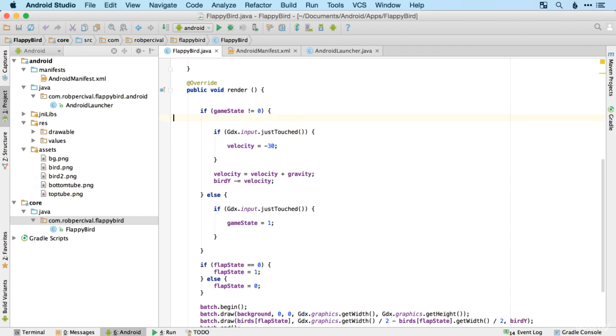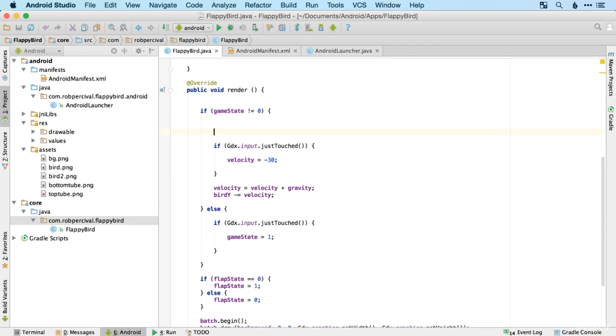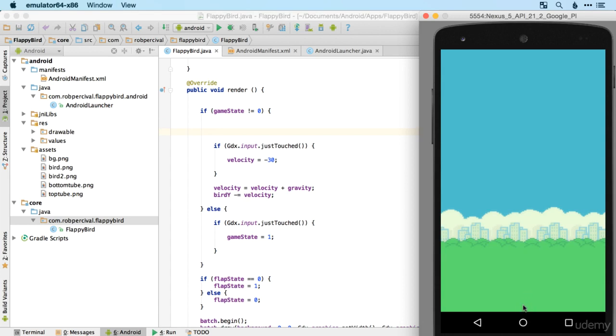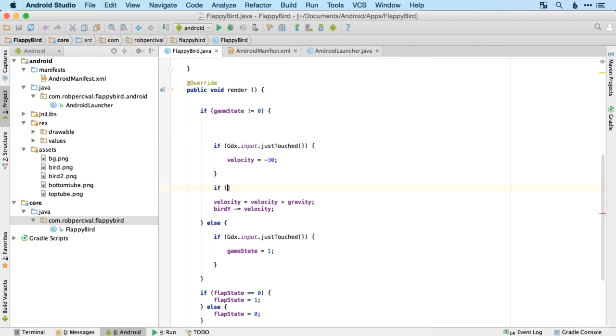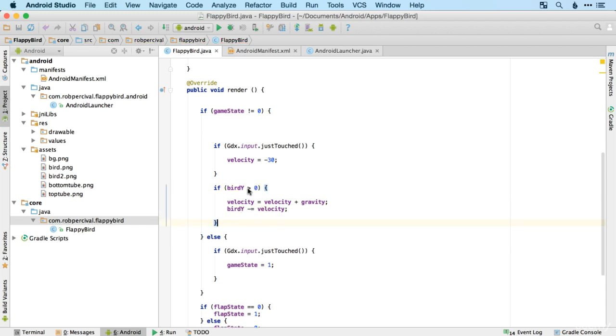And one more alteration before we're done with our game controls is I found during development it's frustrating that the bird disappears off the bottom of the screen, and so it's difficult to test things. So what I'm going to do to avoid that is look at bird Y, and if bird Y is less than 0, or in fact let's do it the other way around, if bird Y is greater than 0, so this will stop the bird going off the bottom of the screen. It will stop also, however, our ability to shoot the bird up. So let's have a quick